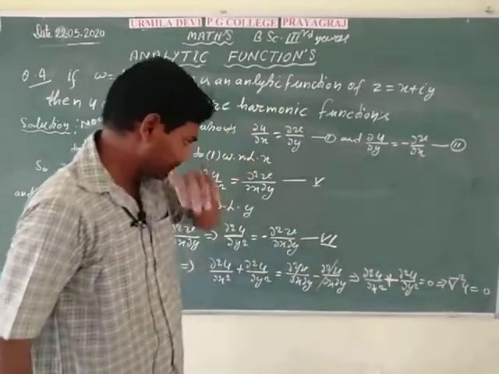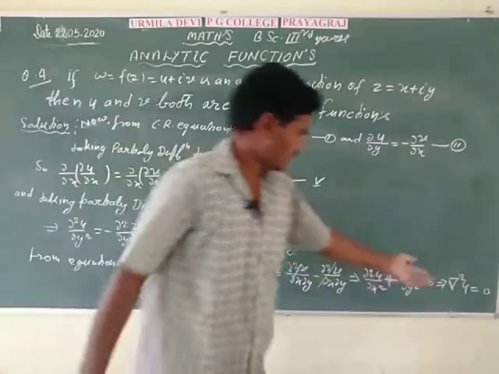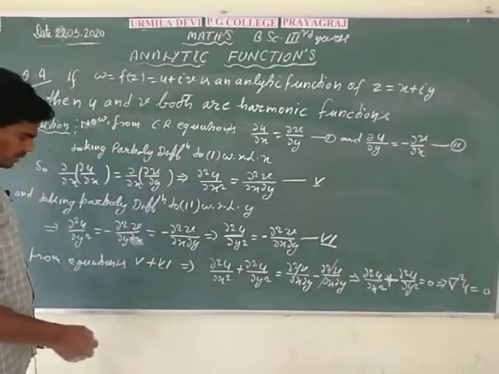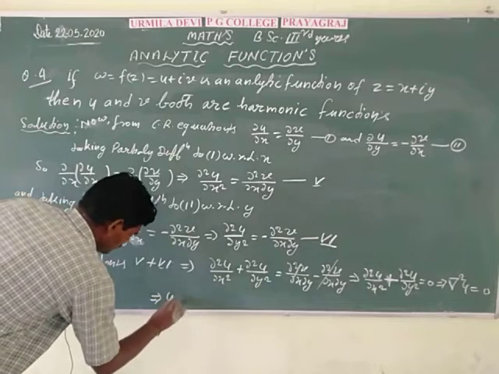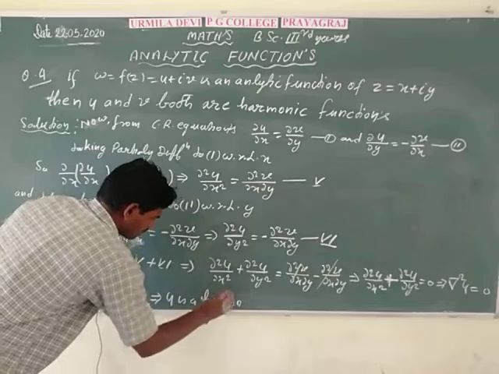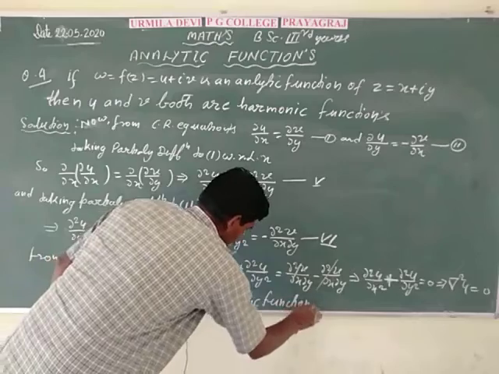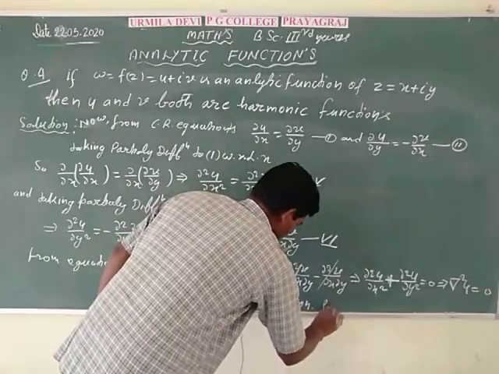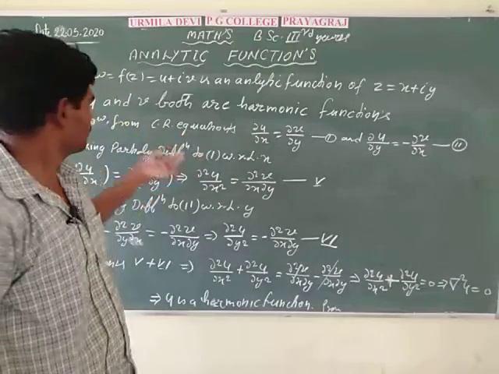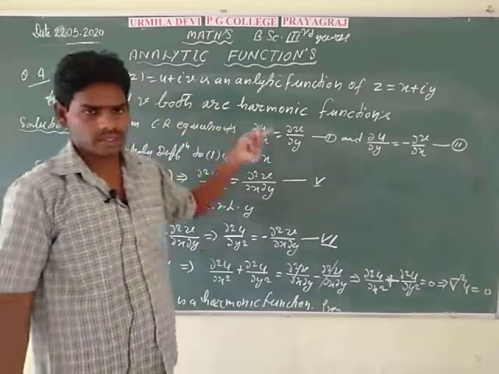So it is clear that the function u is also a harmonic function because del square u is equal to 0, which is the formula for a harmonic function of any function. It implies u is a harmonic function. Harmonic function, and proved. So it is proved that function u and function v are harmonic functions